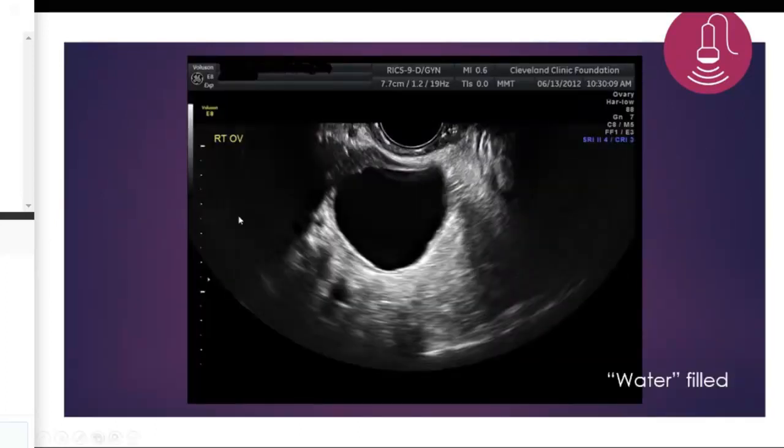So this is a right ovary. We can see right here that the sonographer annotated that. And we have a cyst. So, nice black anechoic structure. We have that through transmission we were talking about, posterior enhancement. So it's brighter behind the structure. So that clues us in that this is